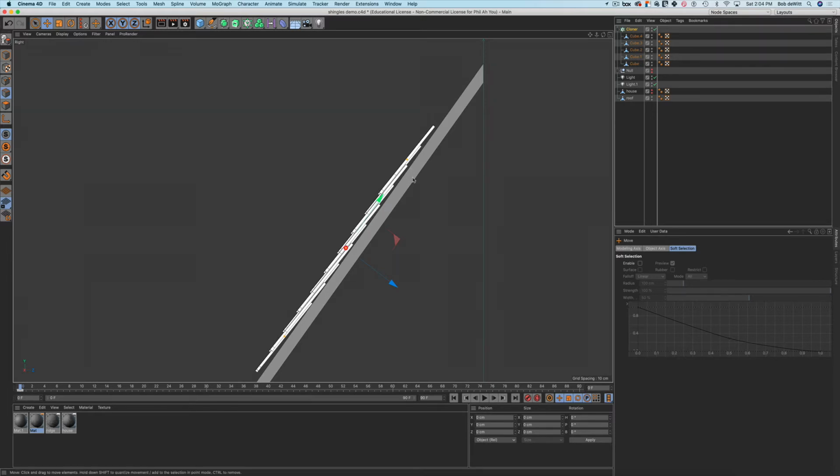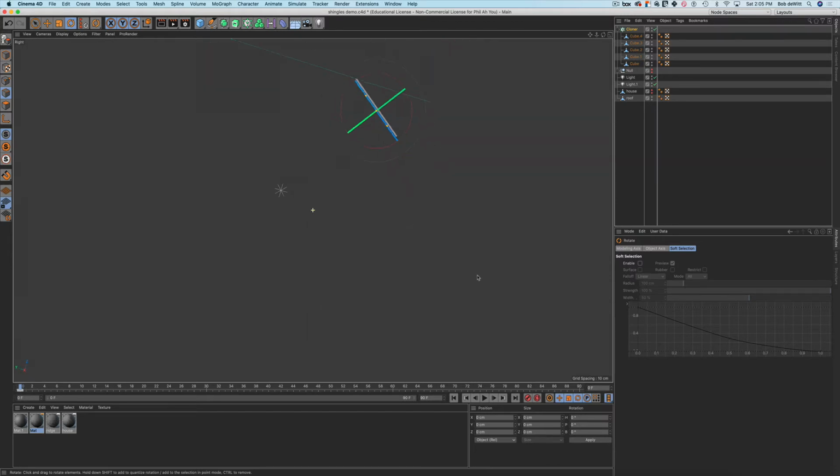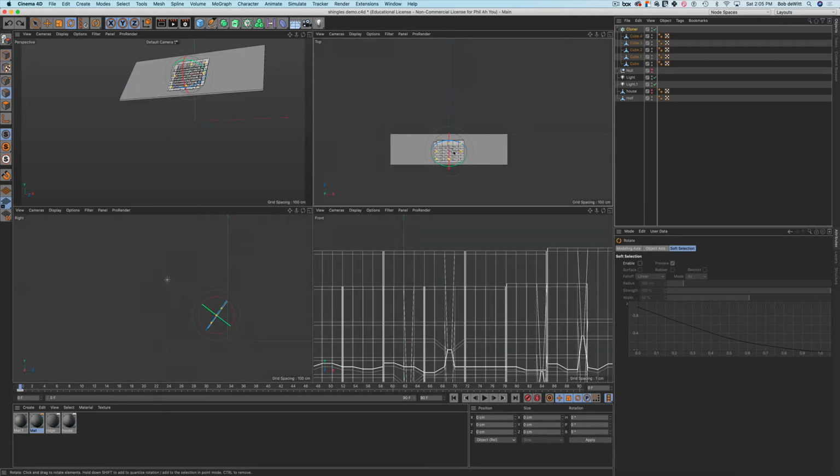You can see I need to rotate it just a little bit more there. Doesn't have to be overly picky with it, but okay, so now we need to get it to cover the